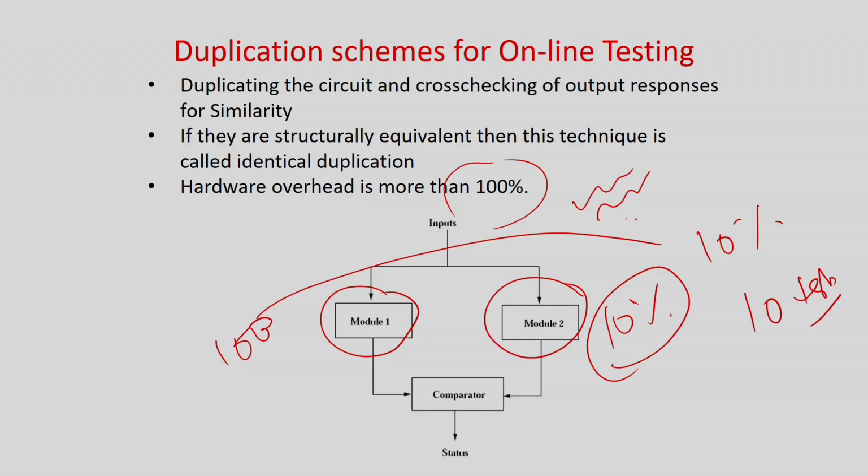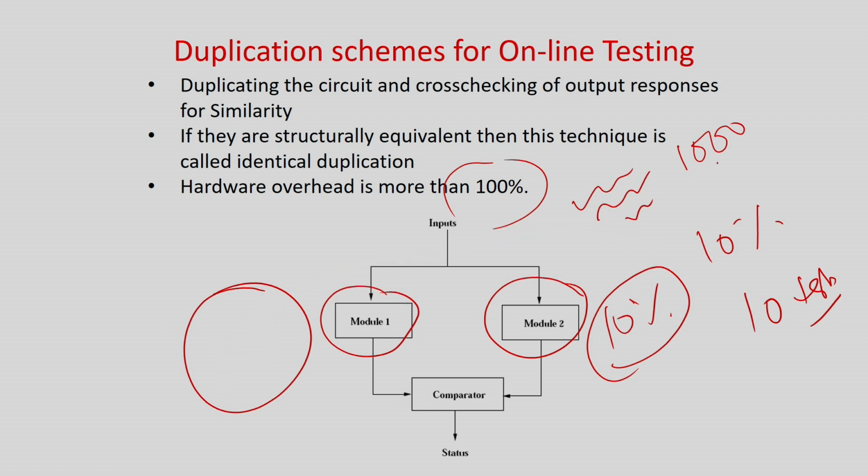So use only those test vectors, because in online testing all the inputs are going to come. Say 1000 different types of inputs can appear at the circuit. If I want a 100% guaranteed zero detection latency, you just have to replicate the module, then everything will be very good. But somebody has told me I have a restriction of only 10% area overhead, and if you go for ATPG, you find that 100 test vectors are enough to test this circuit. But among these 100 test vectors, maybe only 10 I can keep, because the area overhead has to be very, very small.